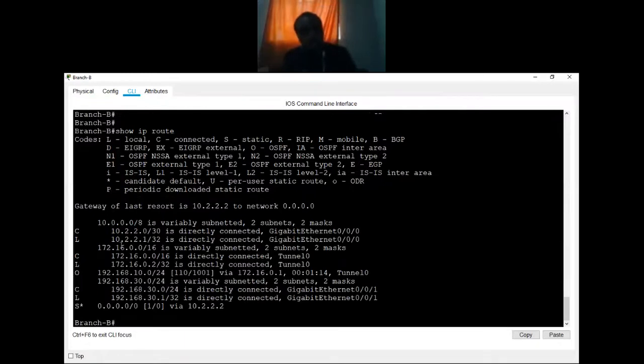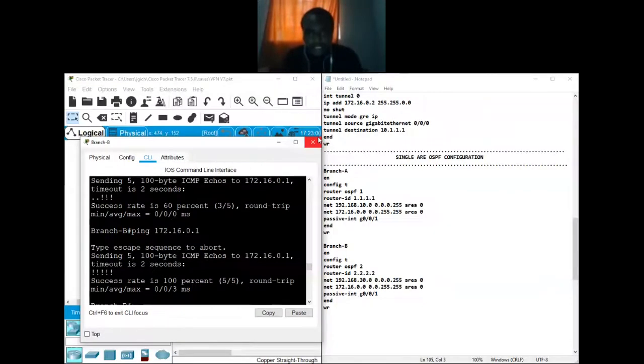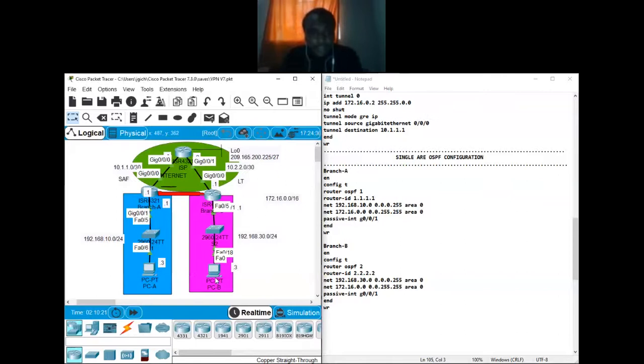Show IP routes. Now you'll be able to see another O. This time, these neighbors only have one local area network. So when you're exchanging, you'll be able to see those local area networks. Here you can see 10.0/24. Yes, and the administrative distance of OSPF is 110. That's the information that you need to see. Very important. Now, this private IP address can ping the private IP address of PC, and you're good to go.